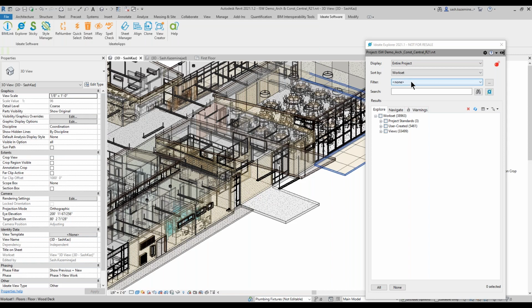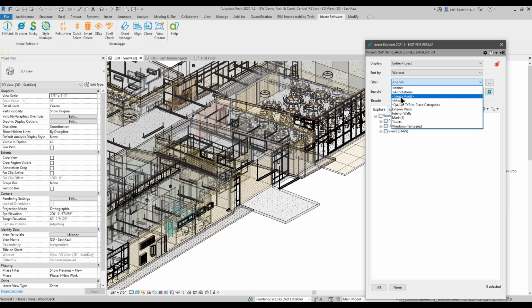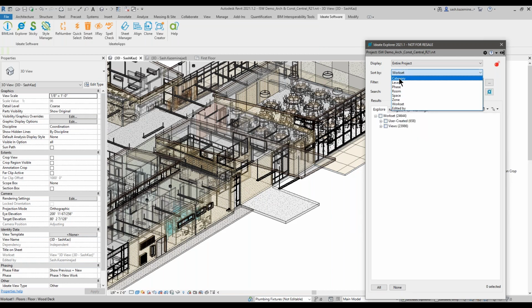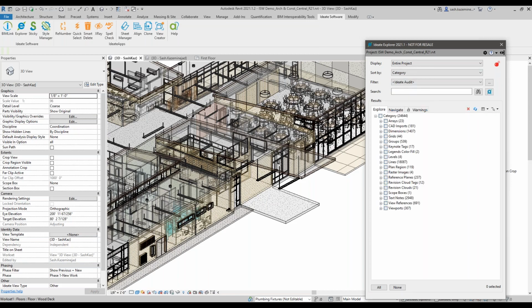All right, well, what else can we do with this? Well, another one that we built in here is Ideate Audit. And Ideate Audit is a really great filter. So I'm going to go back to by category, and I'm going to use Ideate Audit. And what we've done is we've taken the long list of categories and we filtered them down by the categories that you should review. And we're not saying just because you see things in here that they're bad, but what